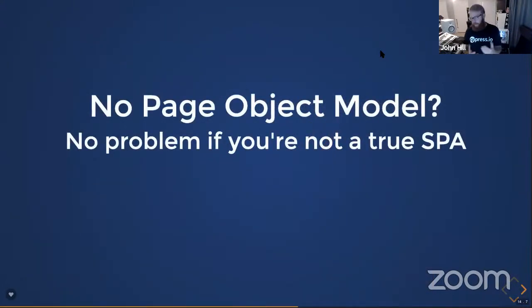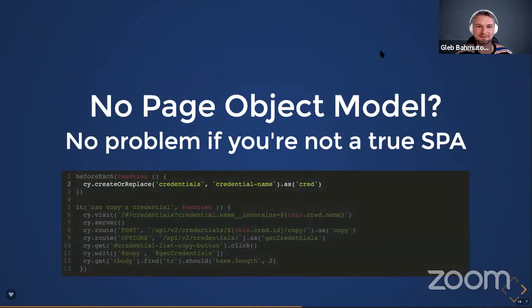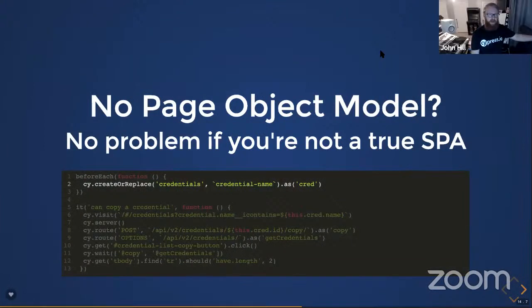And I'm going to elaborate on this example. The big thing that, I actually did lose sleep on this, Gleb. You have this blog post about not using the page object model, and it's all I've ever known. And it was scary. But I decided to go with it. And it turned out not to be a problem, as long as you're not a true single page application, probably. So in our case, if you look at this, we take line number 2,